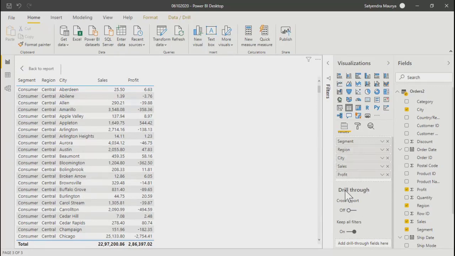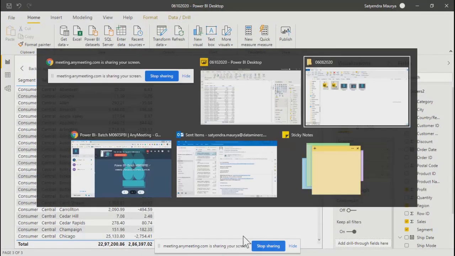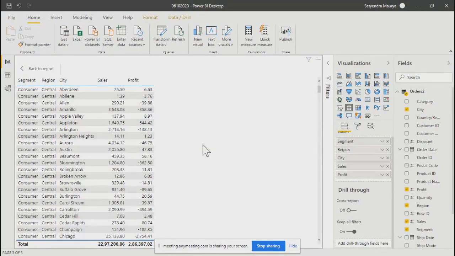What is drill through, by the way? What is the meaning of drill through or drill down reports? To structure in a hierarchy manner, from ascending to descending. In a way, you can say that, but primarily it is levels.